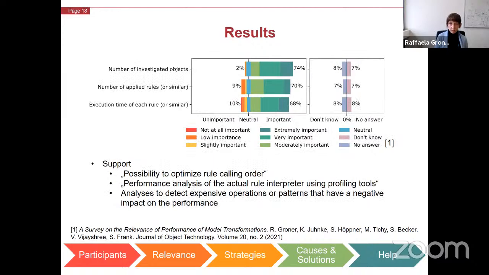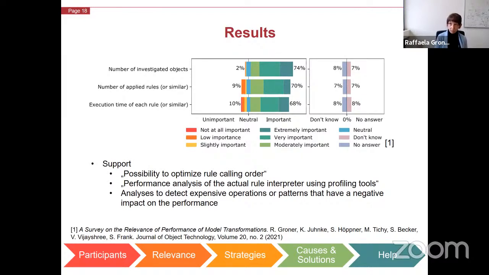Then, of course, they want more information about the execution of the transformation. For example, they want more information about the number of investigated model elements, the number of applied rules, and also the execution time for each rule, which is quite a natural metric for measuring the performance.